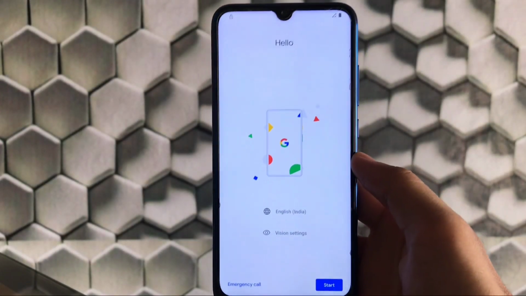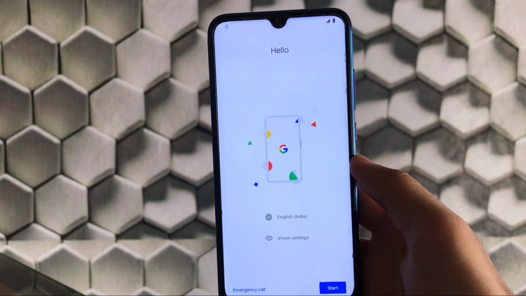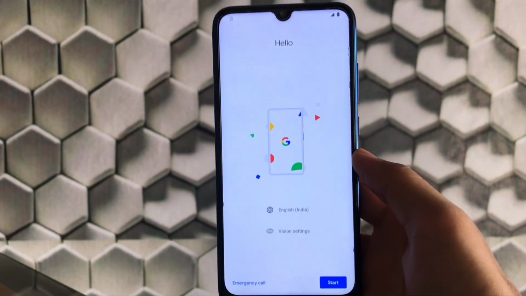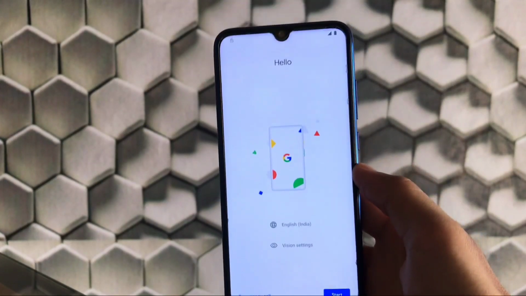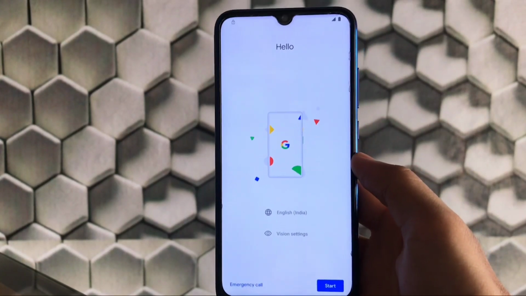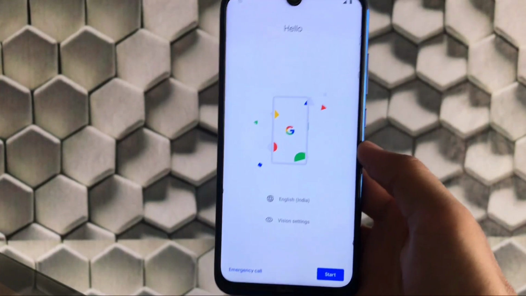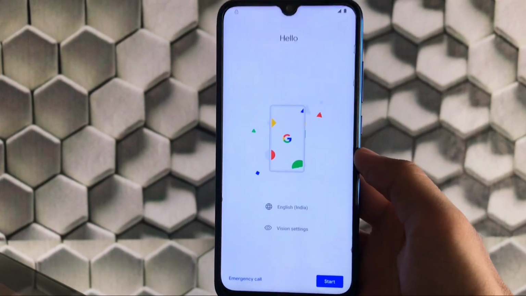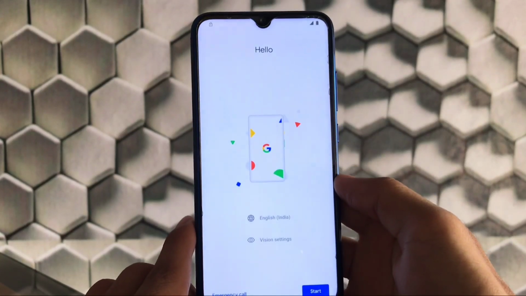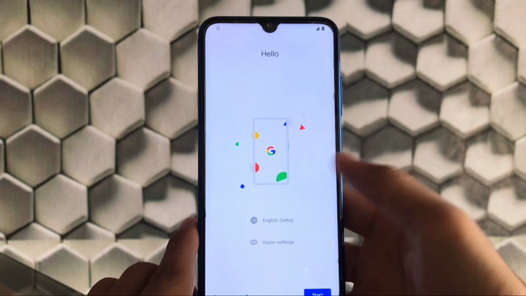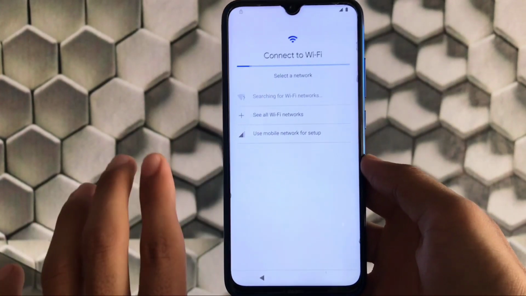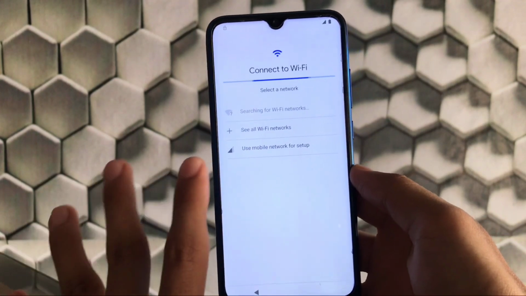Okay, so we are finally booted into Pixel Experience Custom ROM available for my device, and it may take up to 15 minutes depending upon your device to boot. This is the first boot, so it may take much time. For some devices it will take 1 to 2 minutes, for some devices it may take up to 15 minutes. So just be patient and don't do anything risky without even knowing what we are doing. And after installing this, as you can see, we are just booted. Click on start. It will take some time. Just connect to your network and set it up. Everything is done, and just don't do anything bad.